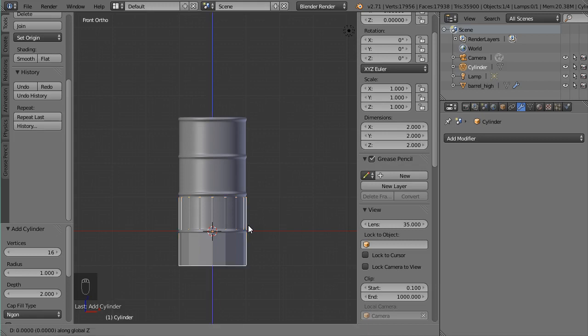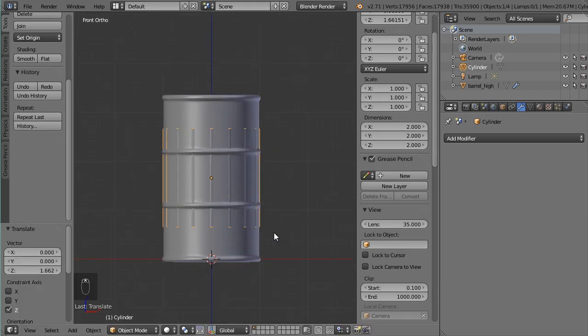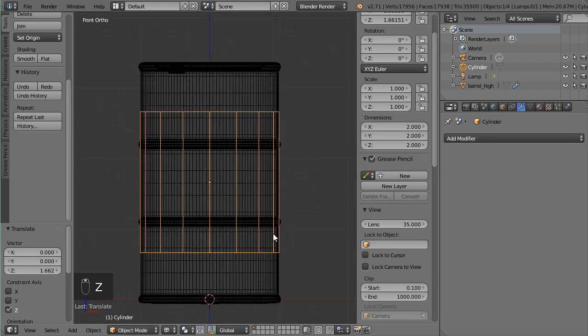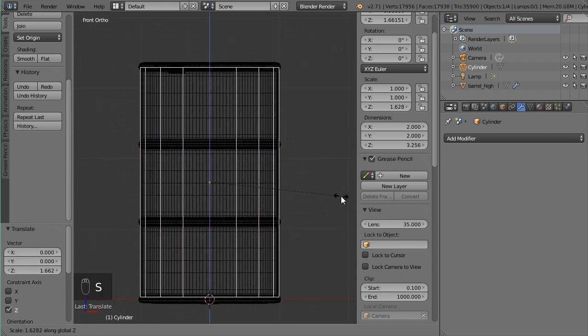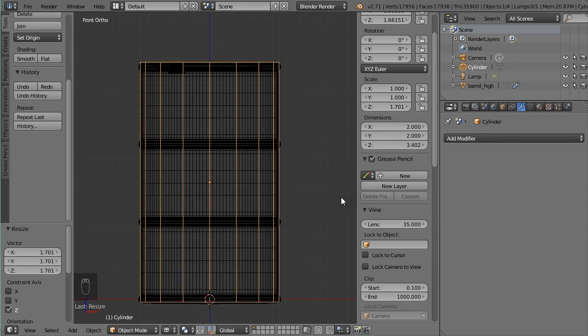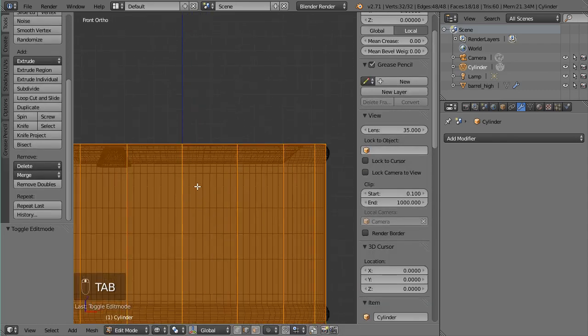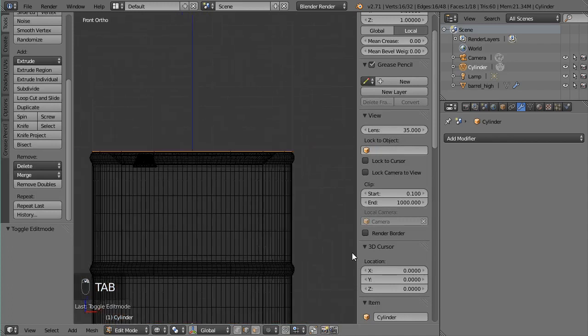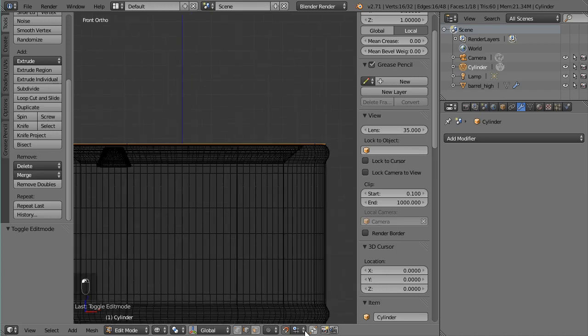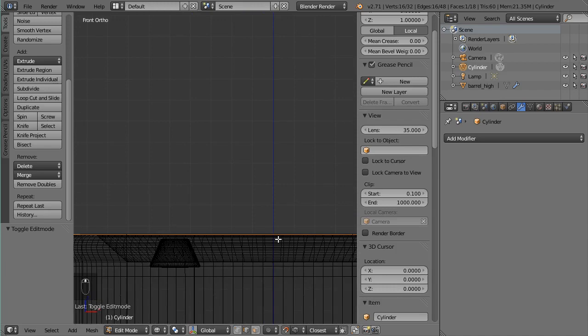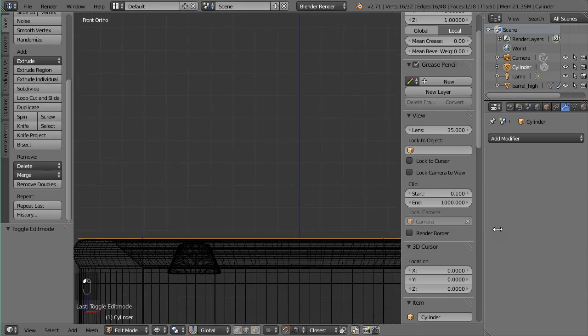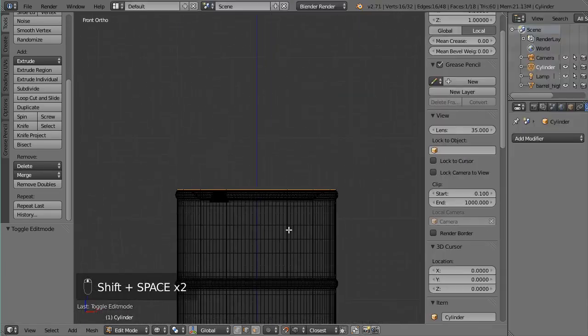Let's move it so it's roughly in the middle, and then we're going to click Z to go into wireframe and then scale it on the Z axis till it's roughly the right size. I want it to be exactly the same size, so I'm going to tab into edit mode. I'm going to select the top portion, and I am going to use the snap tool, okay, and we'll snap to edges. Okay, and this is great because what you can now do, I'll just do shift space to maximize this window,